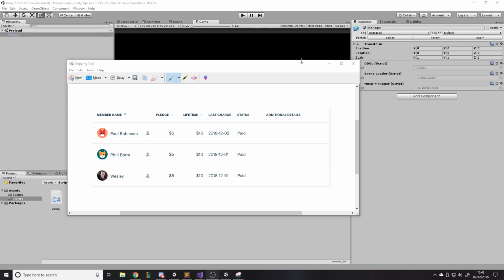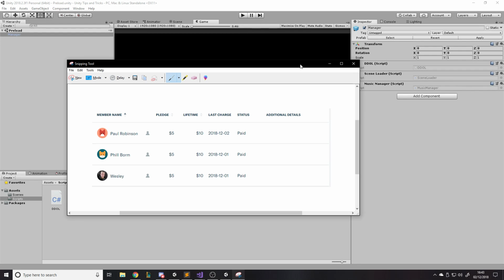Okay, so hello and welcome back to another Unity tutorial. In this one we're going to be creating a loading screen by using buttons. We're going to go to the other scene. We're going to display on a slider the progress we've got between loading, so the loading percentage, and then we